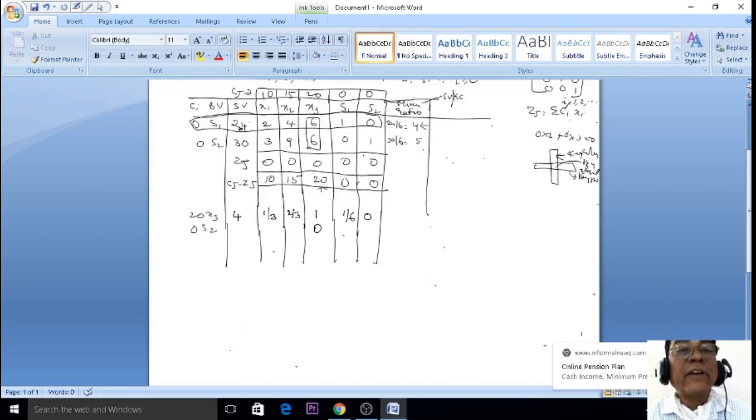Finish. Now go to the second one. How to calculate the other rows' values? Same thing, our basic logic formula: A minus B into C by D. Simple formula. In textbooks they adopt different methodologies like R1, R2 row operations, the Gauss-Jordan method. If you are perfect in that method, better to use it. Otherwise, use this method. Take this point as A, the top key row value is always B, the straight key column value is C, and this is D.